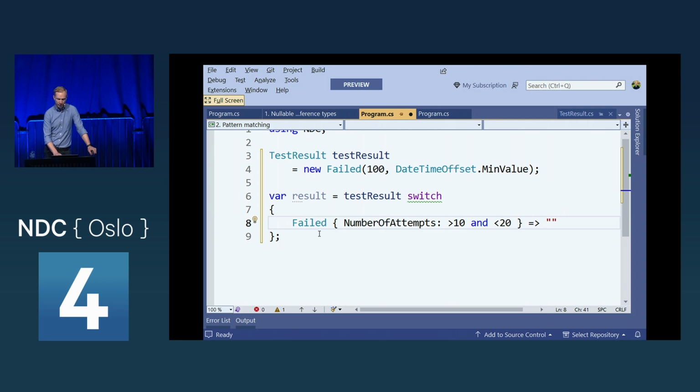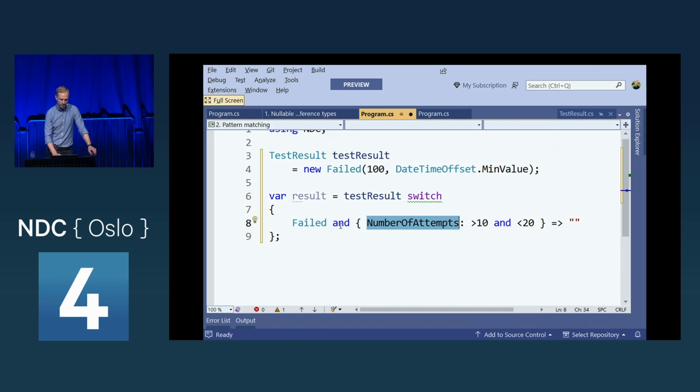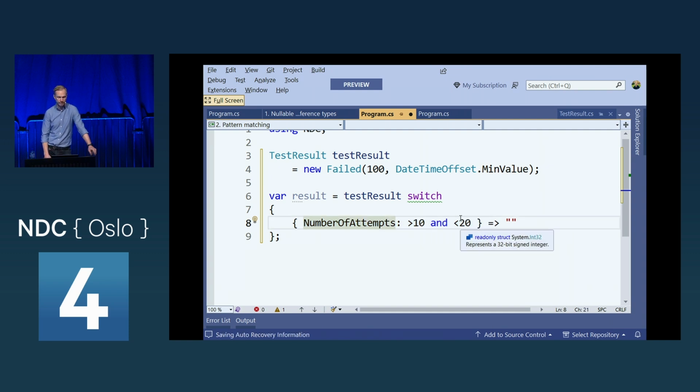So this here is a recursive pattern. It first checks that it's failed and that it has a property that has this value. I could also say that I don't care which type it is, as long as this is of an instance, I can check that it has this property. So this will perform a null check and also perform a check on the properties. You can write patterns that are very confusing, and you can write them like this here, where they make a lot of sense. And of course, we could also use this with tuples and other types as well.